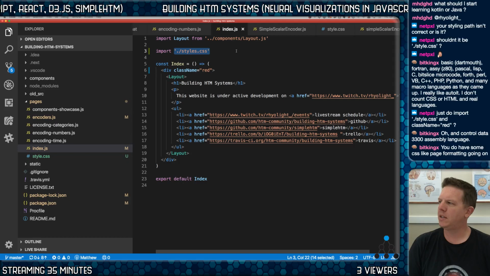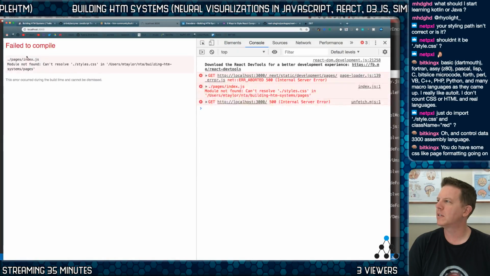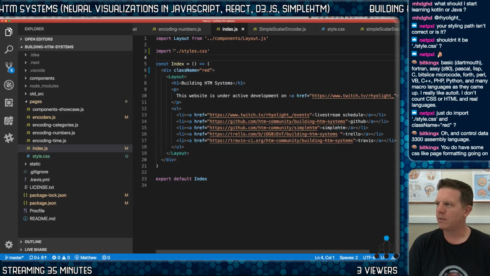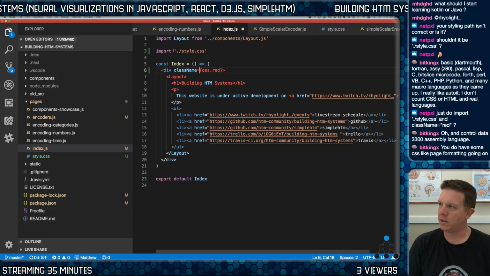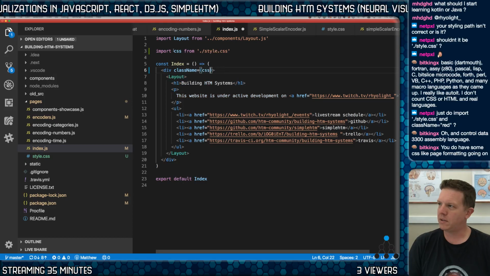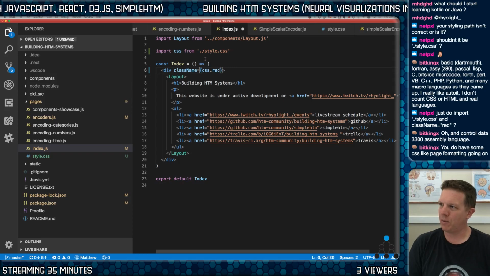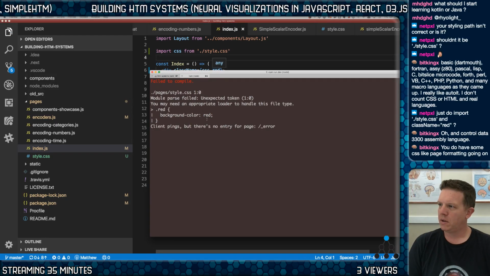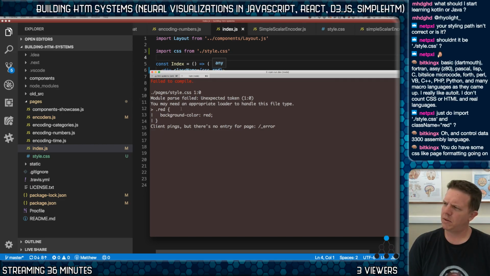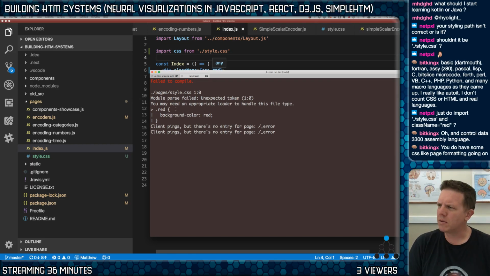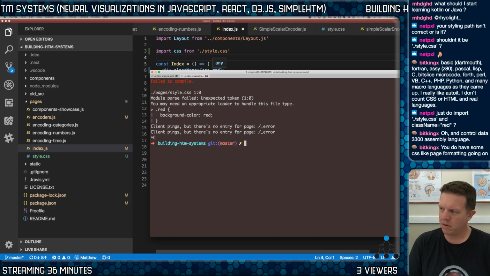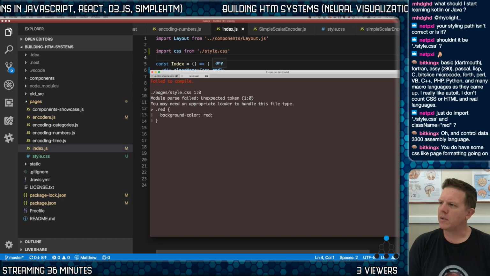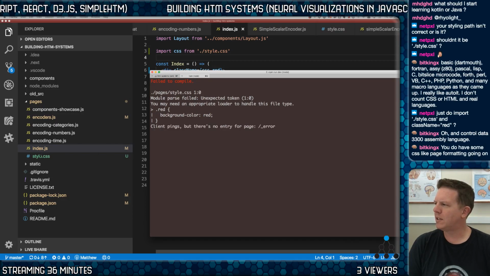Oh, I'm in the wrong page. I should be on index. Oh man, that's stupid. Okay, so at least it errored out the way I expected it to. Okay, let's see. This is what I want to work right now. Let's see if that works. Fail to compile. Unexpected token. And the CSS file? Module parse failed. Unexpected token in pages. See, it thinks